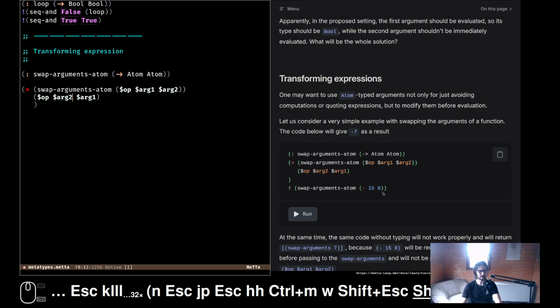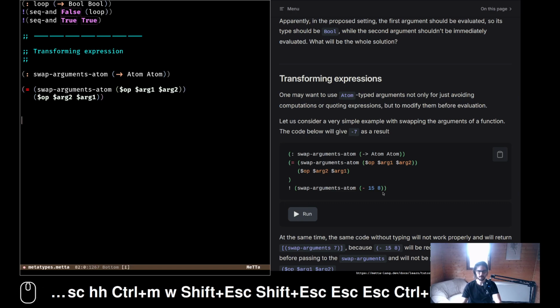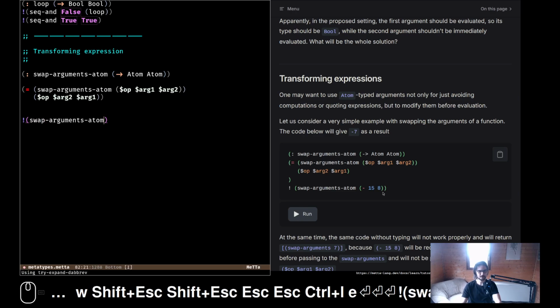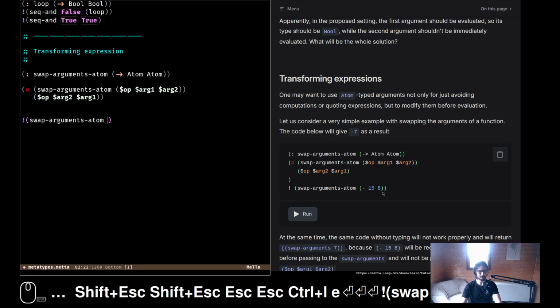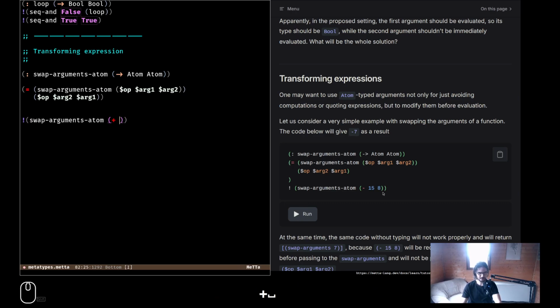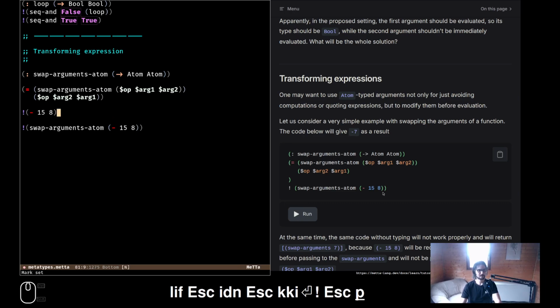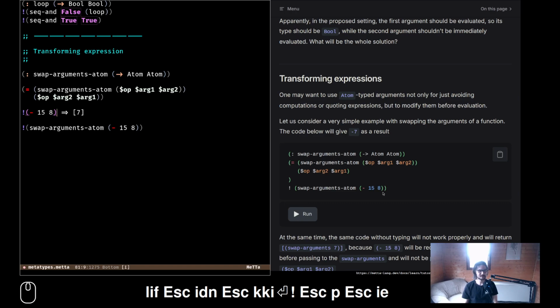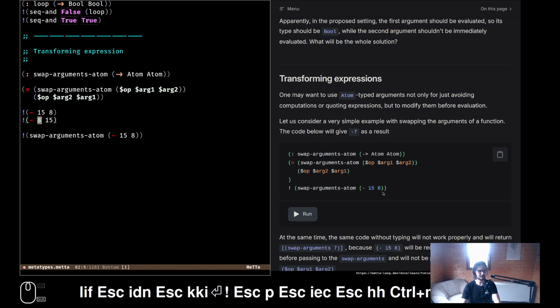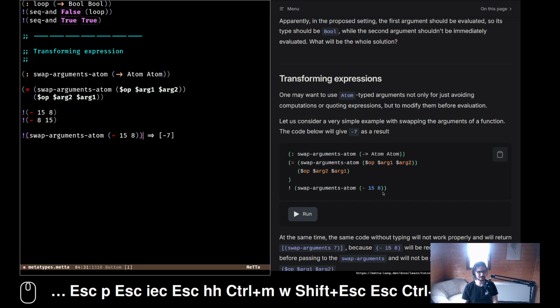A new expression with this swapped. Okay, evaluate swap arguments. Oh, this is complicated. I need something like minus: 15 minus 8 is 7, and 8 minus 15 is minus 7.